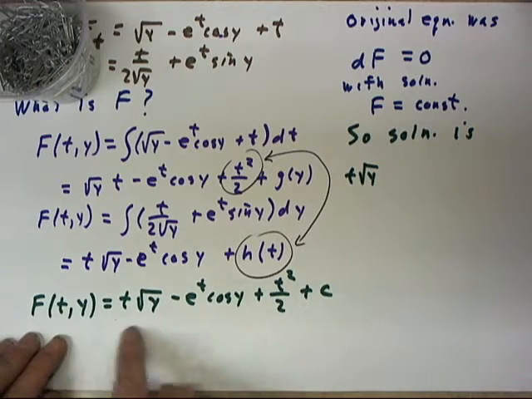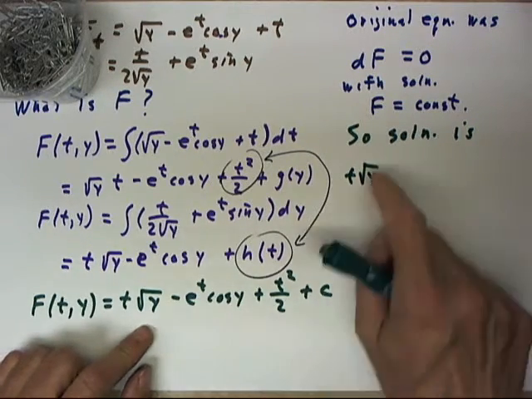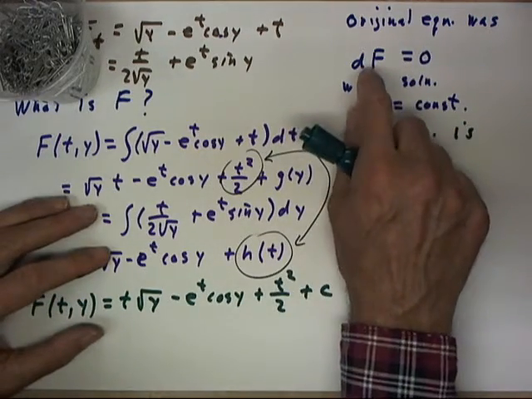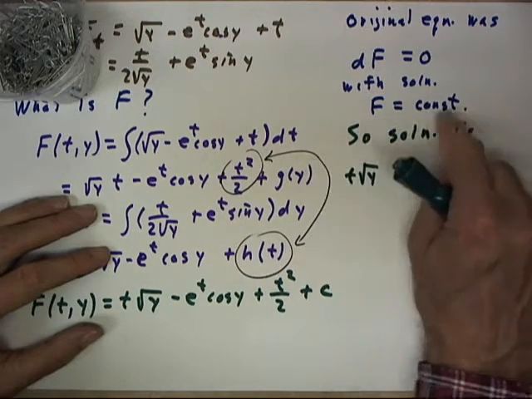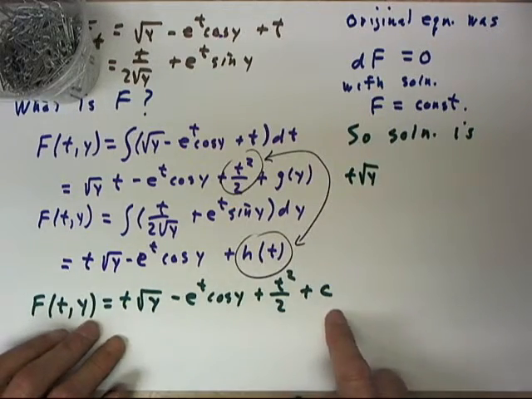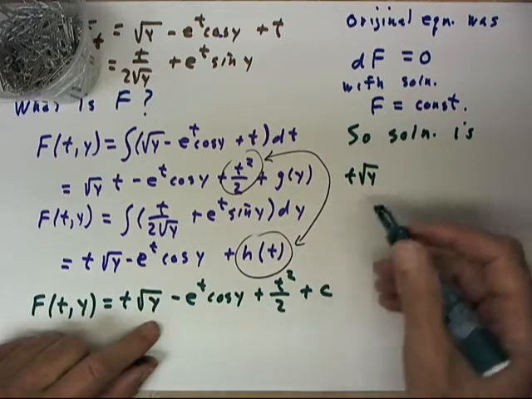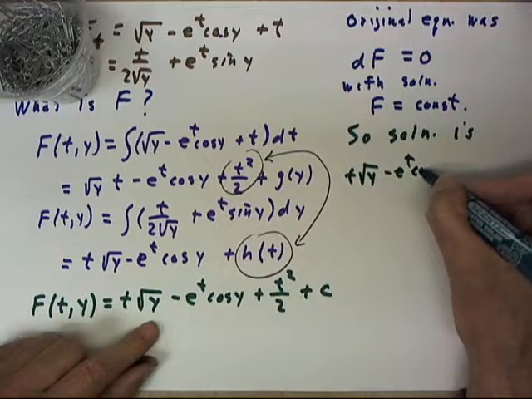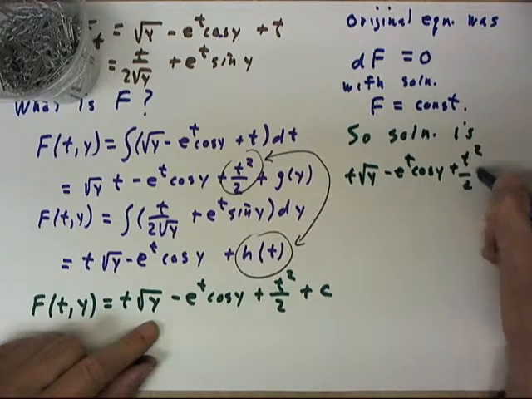Now we've determined that our original function f of t,y was of this form. Our original equation from which we obtained everything was df equals 0, and that has solution f equals constant. We've recovered the function f. It's equal to this. So our final solution is given, at least implicitly, by t square root of y minus e to the t cosine y plus t squared over 2